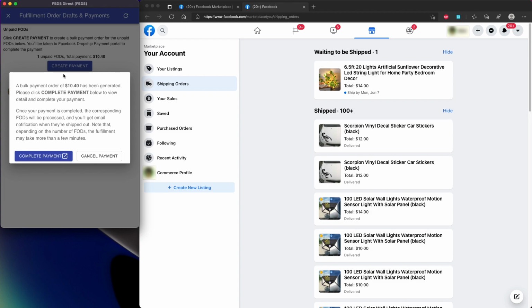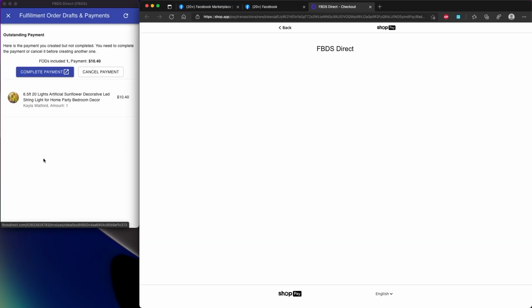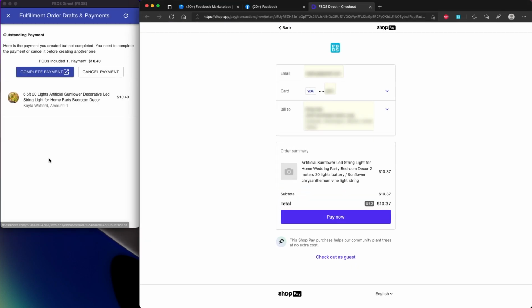Many e-commerce platforms and credit card companies don't like frequent payments with different shipping addresses, and they tend to block such kind of transactions. But with us, you can make a single payment to fulfill a whole bunch of orders with different shipping addresses. Click Complete Payment, and you'll be taken to the Shopify payment portal, where you can complete